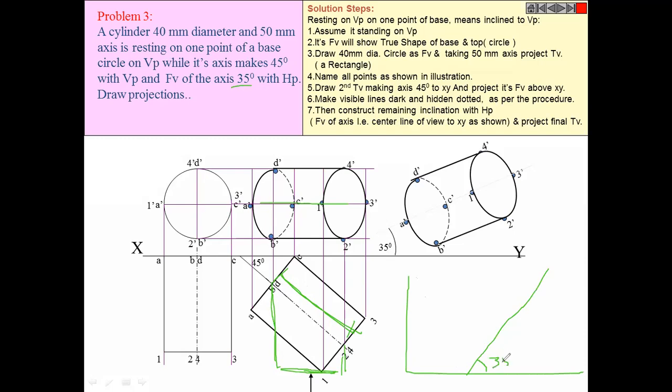If the axis is making 35°, it is given. That is the true length of the axis. Now you know the locus, it will be like this. Understand? Now you know the front view length from here. You know this much length. What you will do? You will measure that much with the compass, and you will cut this center line somewhere here. So this will be the top view length, sorry, front view length.